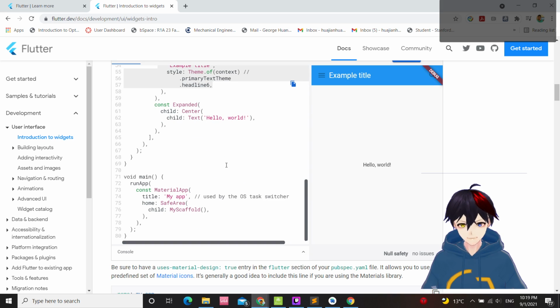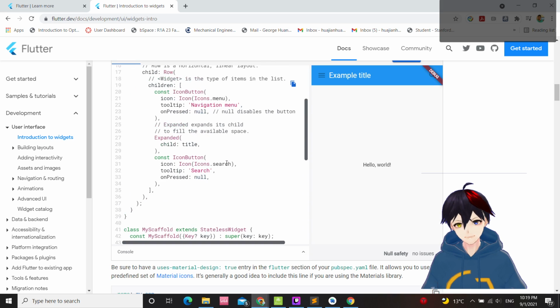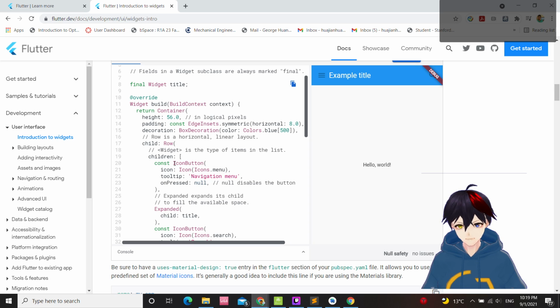Okay, we know what's what. The icon button kind of looks like a default thing. It's a row. How do you put the example title here though?